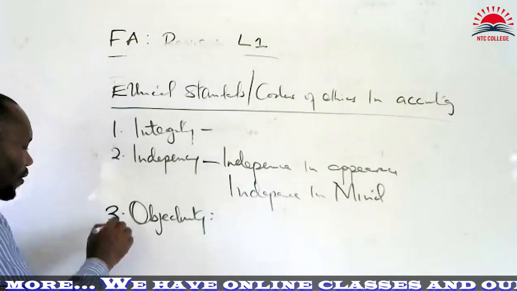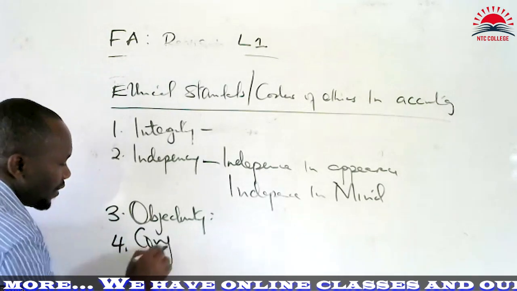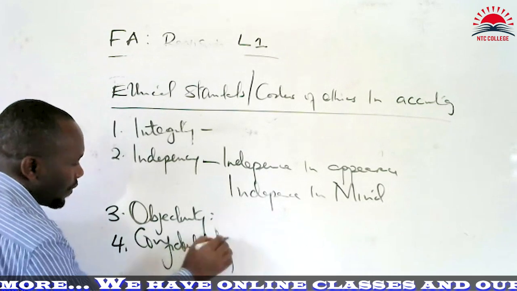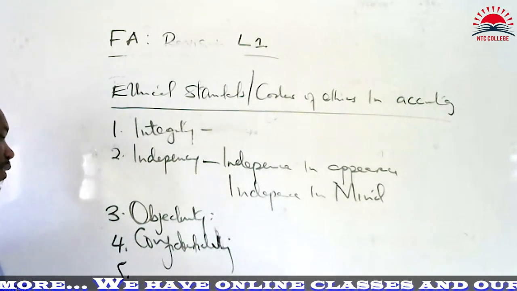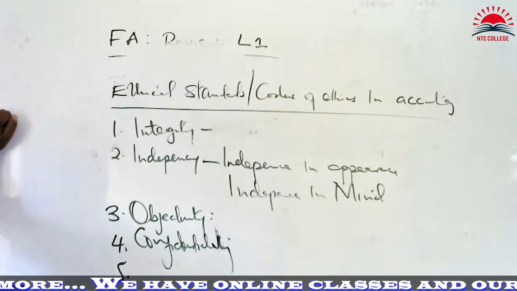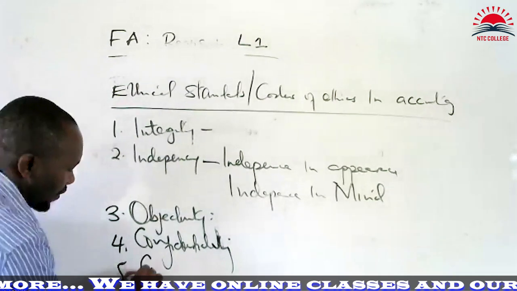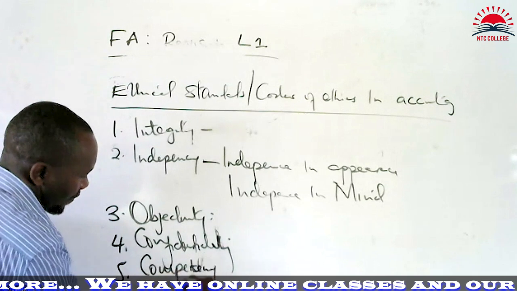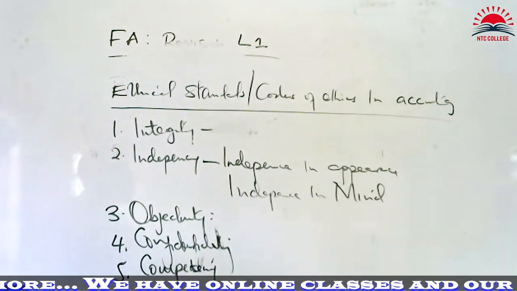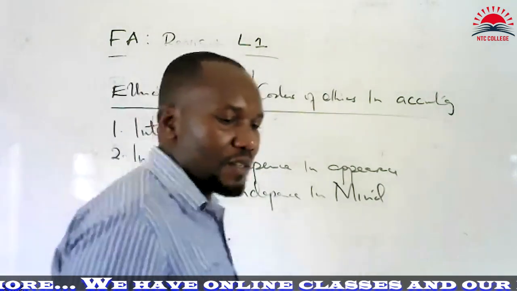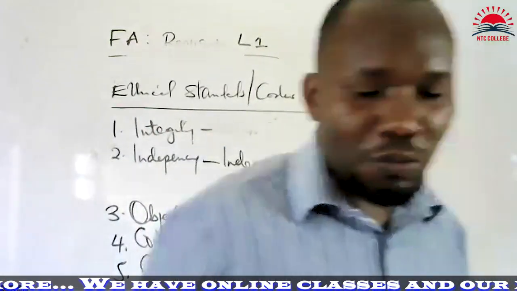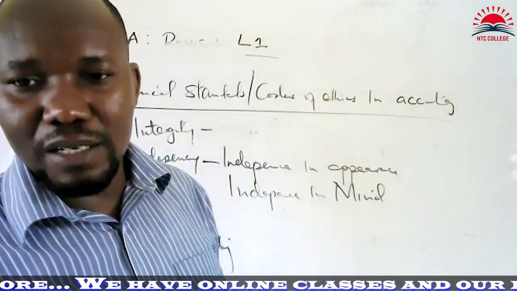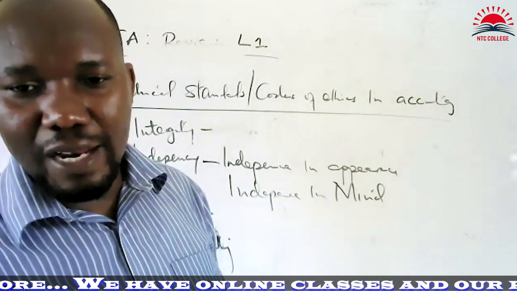Then we have number 4, which is confidentiality. Confidentiality is basically keeping clients' information and the organization's information confidential. Then we have competency. To be competent is to know what is being done, to have technical know-how, being able to do what is expected. As an accountant, you cannot make errors. You need to know what is expected and how it should be done so that you don't lie. If you don't know what needs